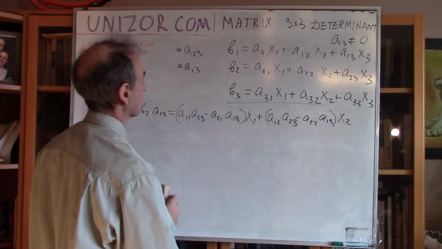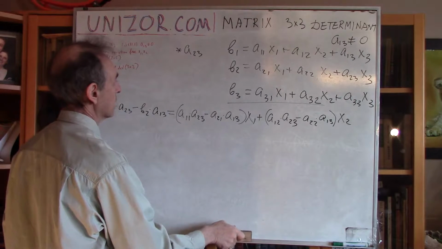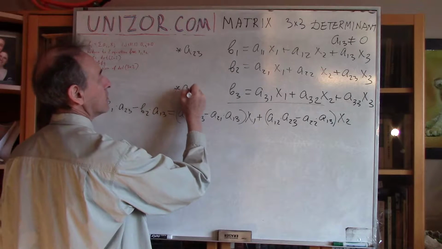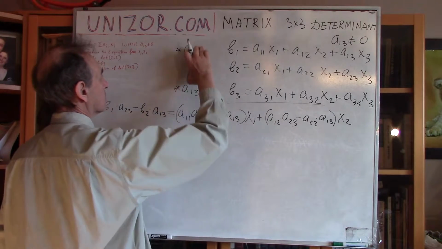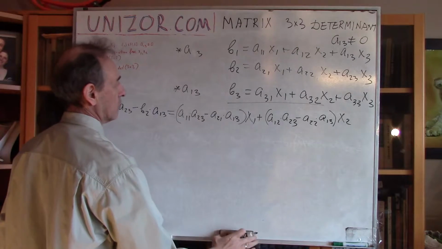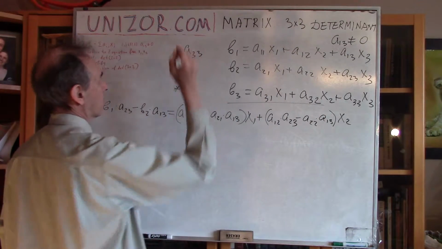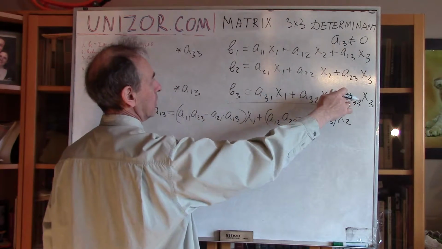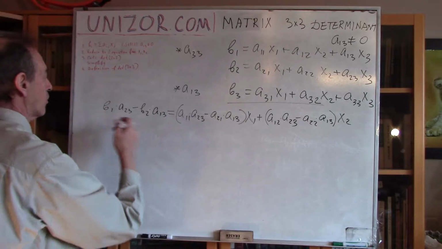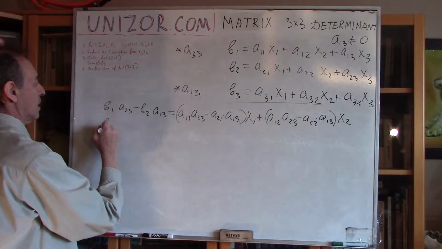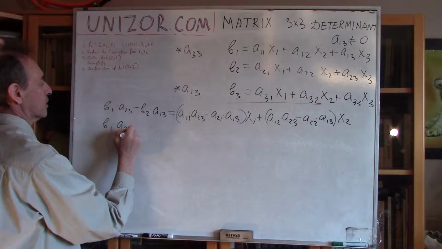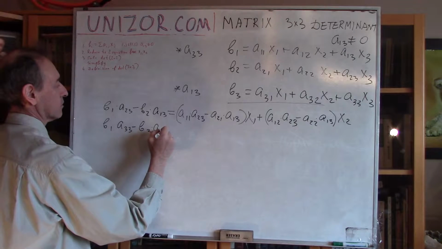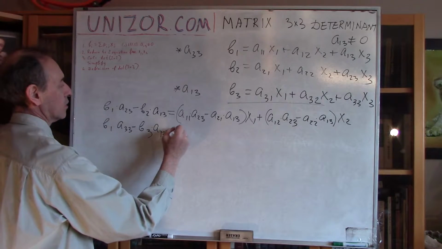Now let's do another thing. We will multiply this by a13, and we will multiply this by a33. Now, the first and the third, and then we will subtract them. My x3 will again cancel out. Now, what would be on the left? On the left, I will have b1 a33 minus b3 times a13, equals